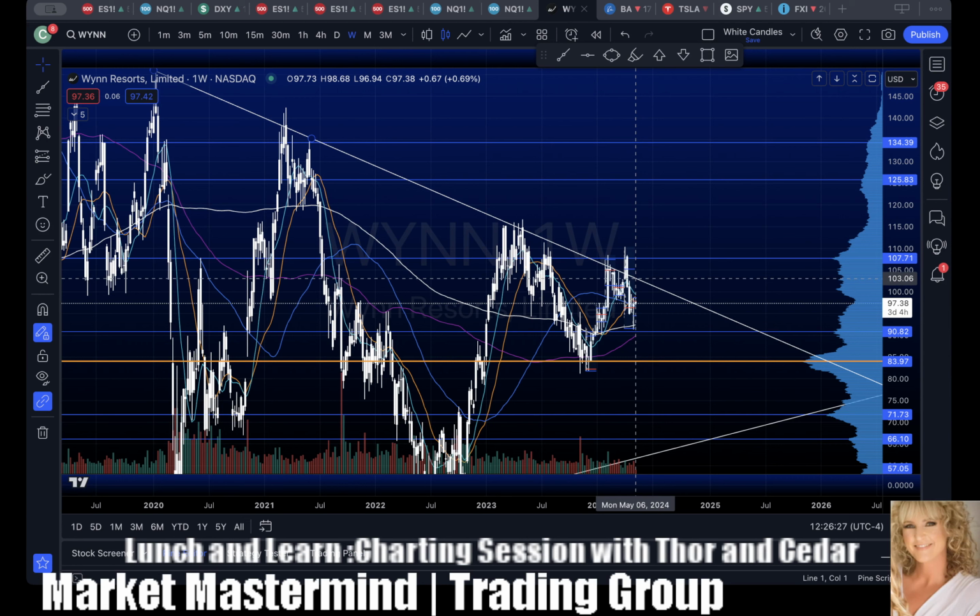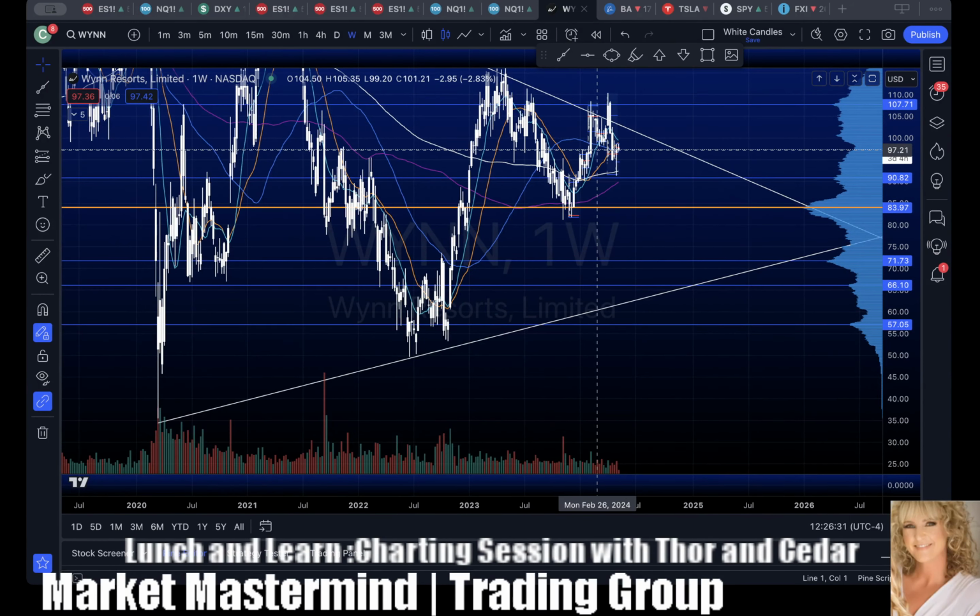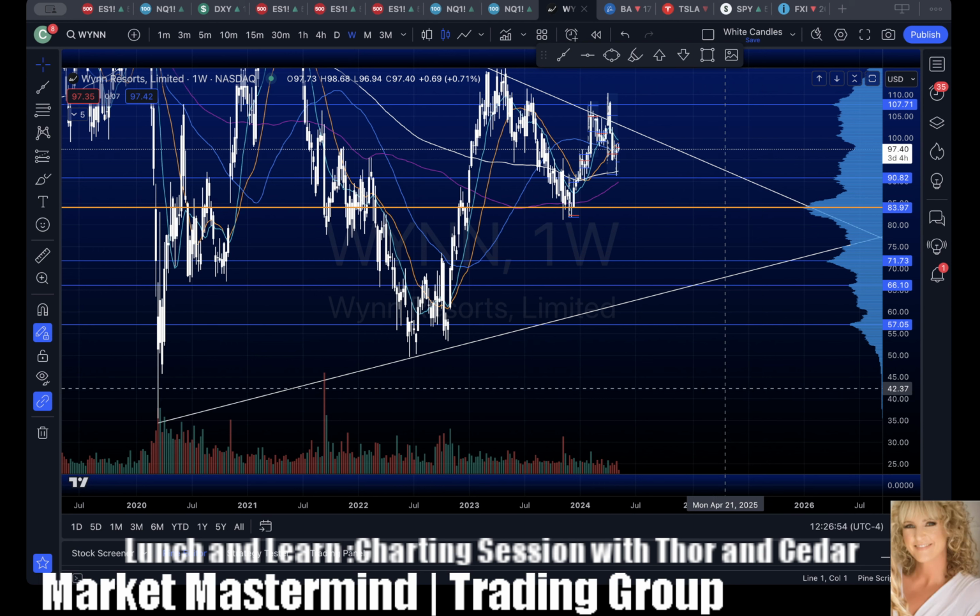So if we can't close a weekly that the next week goes green pretty quick, we're very likely to come back down and finish this pattern down, and possibly, sometime at the end of the year, which would make a lot of sense since we're in an election cycle year, to kind of just grind sideways still in this range. So for me, this is not a tradable. If you're into trading maybe run-ups to earnings or want to be more speculative about it,